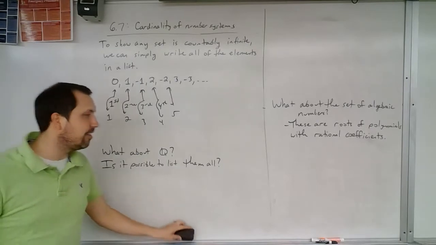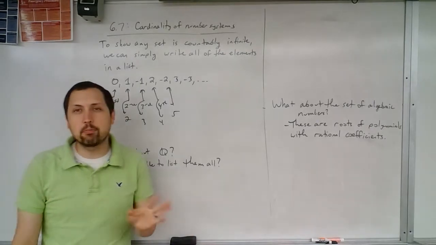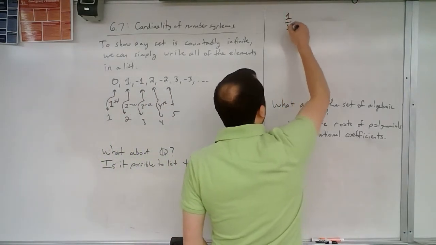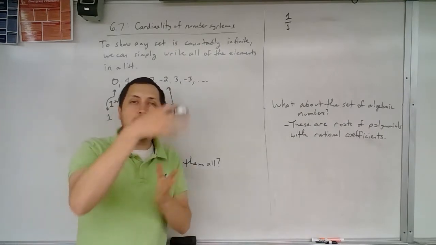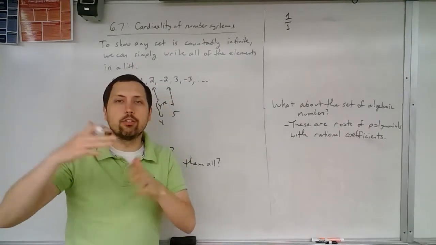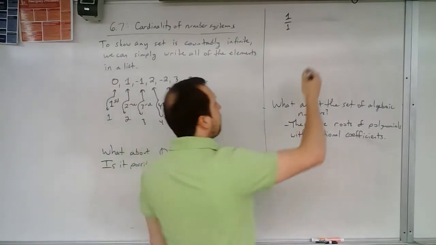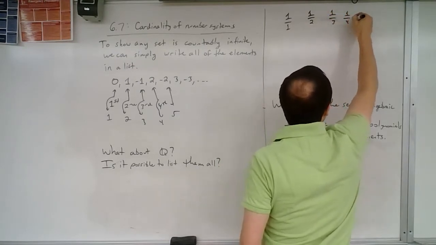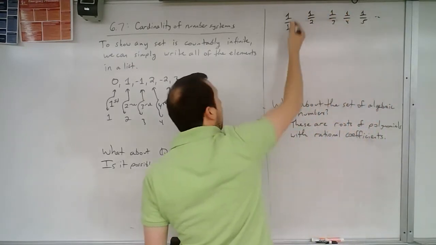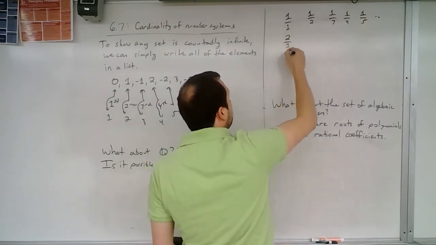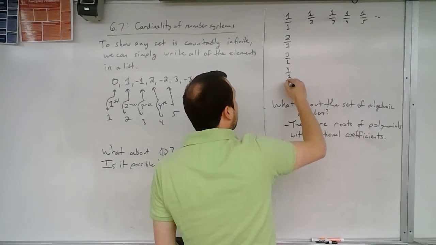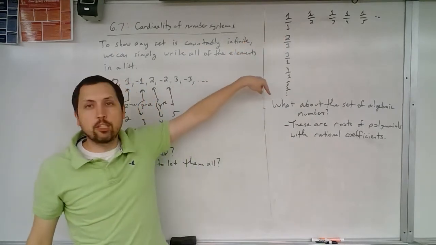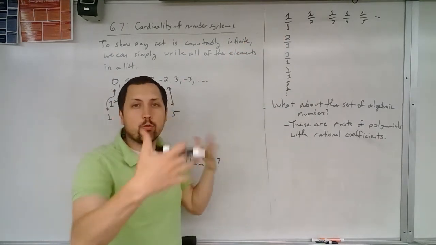However, there's this little fancy technique that some brilliant mathematician came up with, where what if I start to write out rational numbers in kind of a double coordinate system way. I'm going to do 1, 1/2, 1/3, 1/4, 1/5, and so on and so forth. But then down this way, I'm going to change the numerator: 2/1, 3/1, 4/1, 5/1, and so on and so forth. So in this way, I change the denominator. In this way, I change my numerator. And I'm going to form this giant grid.